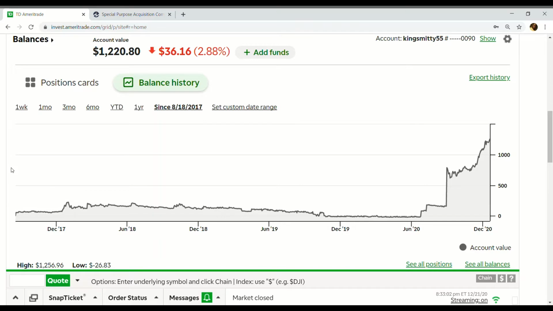So you can see right here, I started trading on August 15th or 18th, 2017, with $0. I funded that account with $50, and I let that just fluctuate. Put it in some penny stocks. About a couple months later, one of my stocks, I believe it was VATE, tripled. I think it went from like 3 cents to like 10 cents or something of the sort.